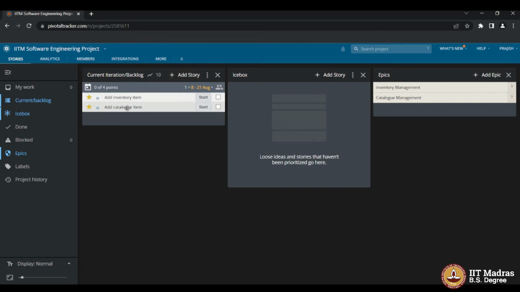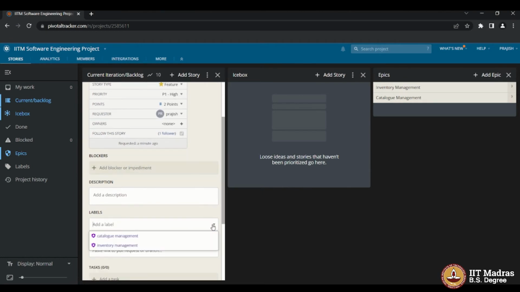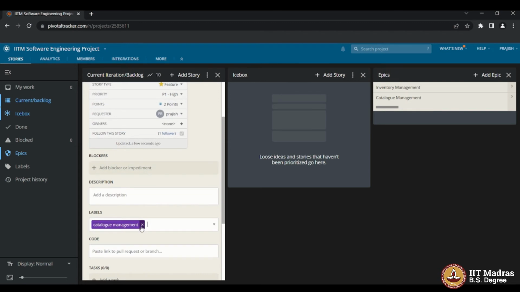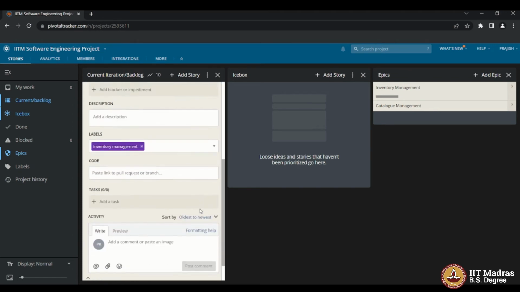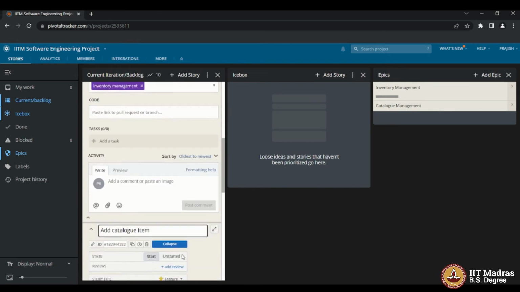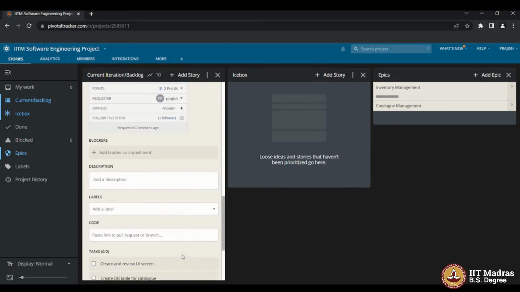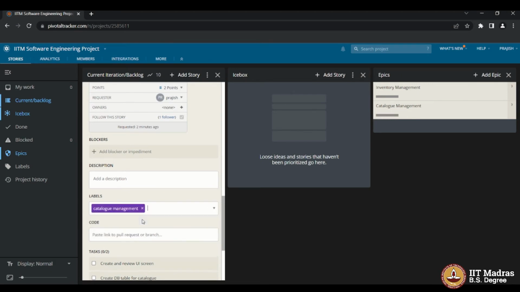And so now that we have added inventory, an epic, a user story known as add inventory item, now we can assign this to the inventory management epic, right? And similarly, for the add catalog item, you can link it to the catalog management epic,